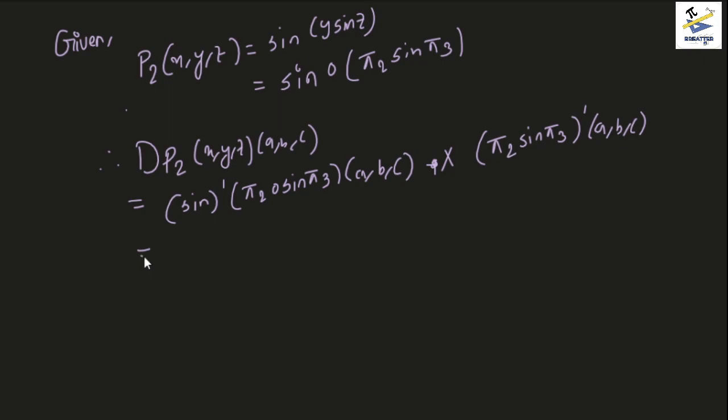Now the derivative of sine is basically cosine, so it becomes cosine of b sine c, and multiplied by this